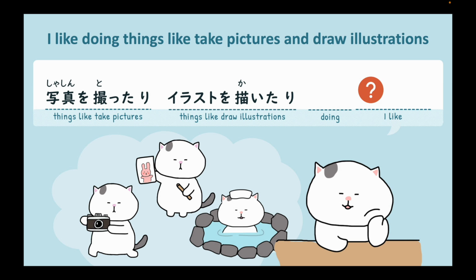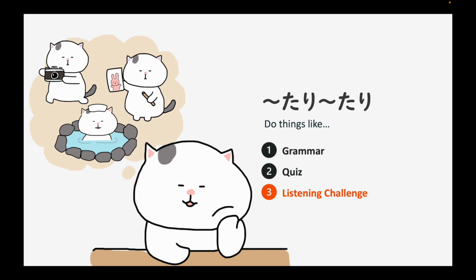To say I like doing something, we need to change the verb to a noun. So we say するのが好きです。So the complete sentence is 写真を撮ったり、イラストを描いたりするのが好きです。